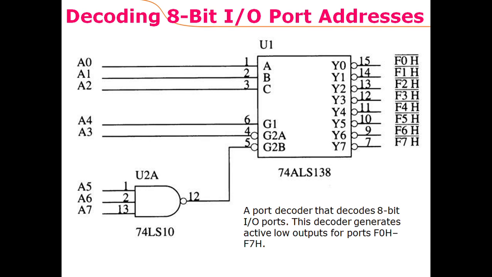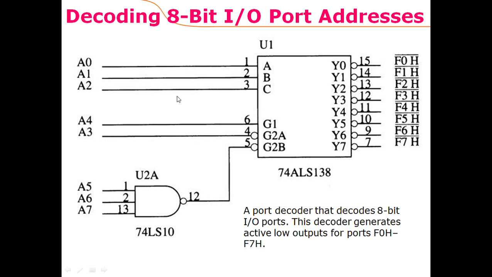Okay, so here we have a simple decoder where an 8-bit IO port address is decoded. This circuit is called the 74LS138 decoder. This is a 3 to 8 line decoder. Whenever an input is provided here, only one of the outputs is 0, while all of the other outputs are 1. So let's assume that the microprocessor is sending an 8-bit address,